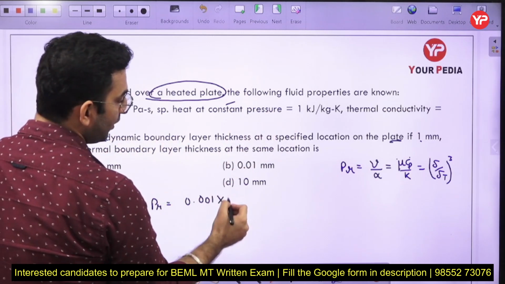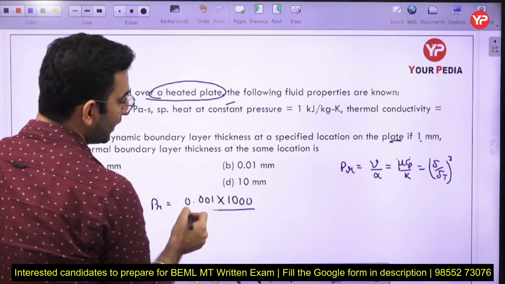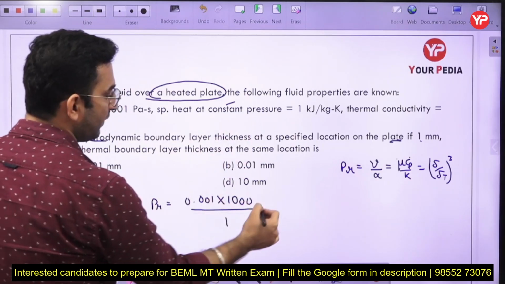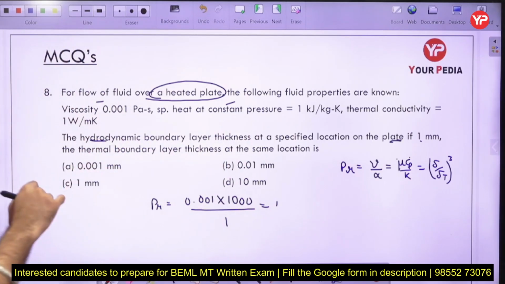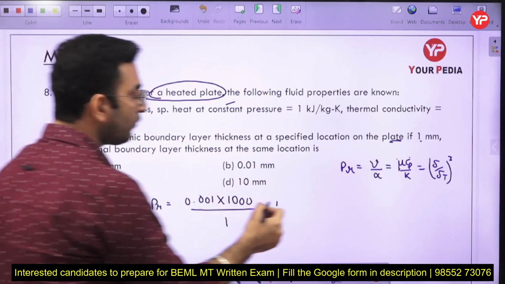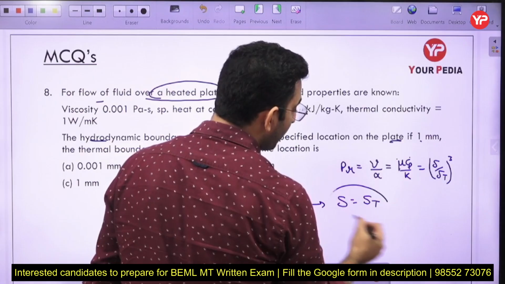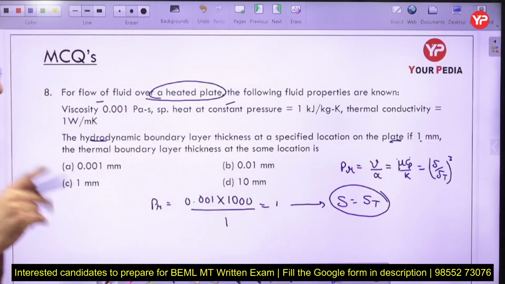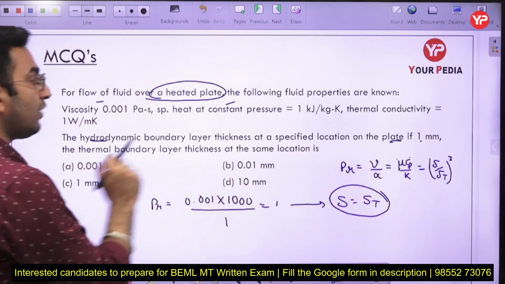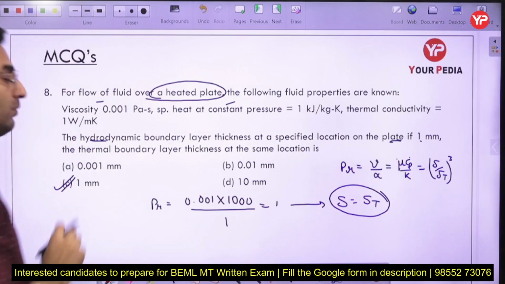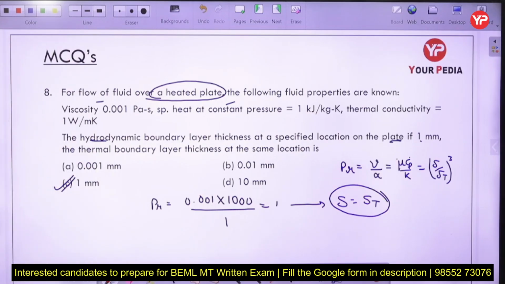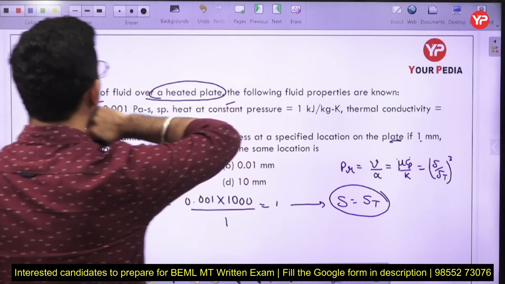multiplied by specific heat divided by thermal conductivity. Okay, so now you can see Prandtl number is coming out to be 1. Therefore the hydrodynamic boundary layer thickness as well as the thermal boundary layer thickness are going to remain the same. So option C is going to be the correct answer in this case. Okay, so that's again a very simple case. Now next question,